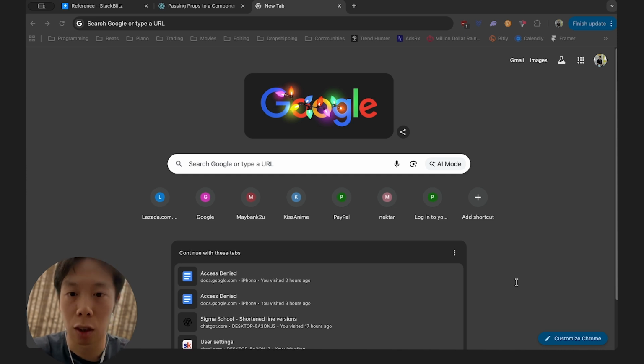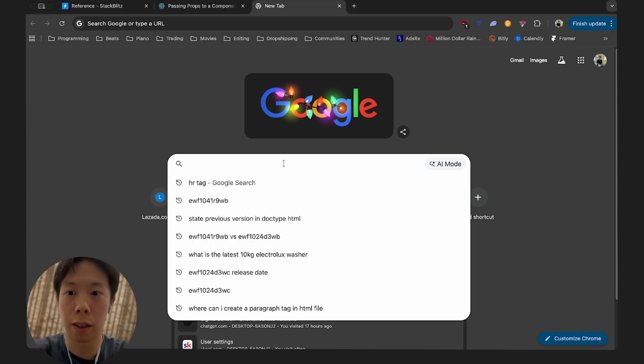To get started, you need to create an account in StackBlitz. We'll be using StackBlitz as the web app to code, so you don't actually need to download anything. Everything will be done on the web page. All you need to do is just go to your Google account, over here, and then stack,